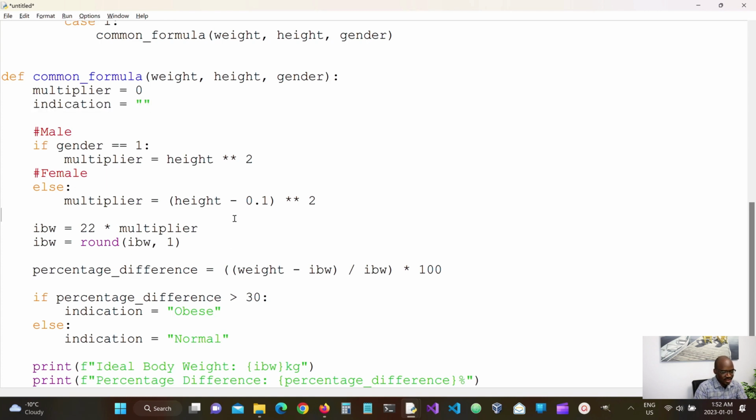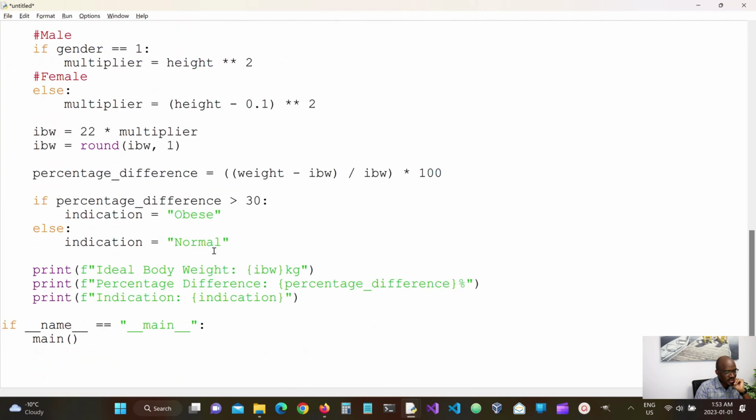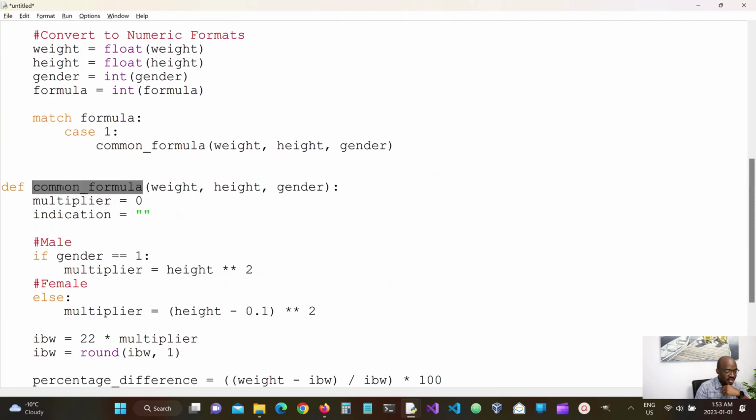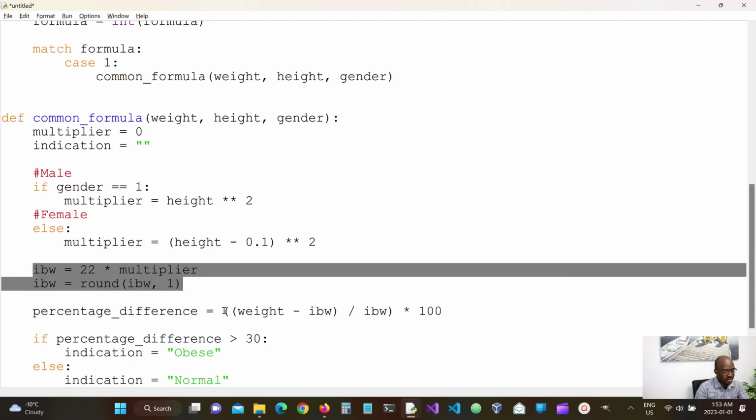Okay, and then we can print our results here saying print indication. Okay, so this looks good, I believe. So we defined a method called common formula. We are sending these arguments, weight, height, gender, and then we are defining a multiplier based on the gender. So if it's male, we do this directly. If it's female, we subtract 0.1 before we square it, raise to the power of 2. We calculate our ideal body weight, round it up to 1, and then we calculate the difference, and then